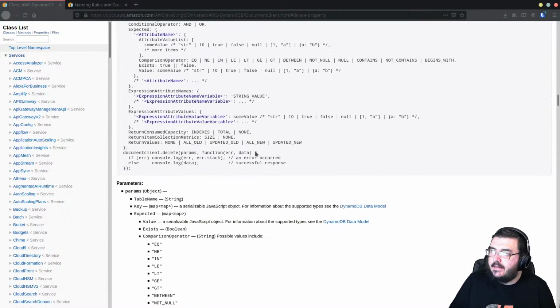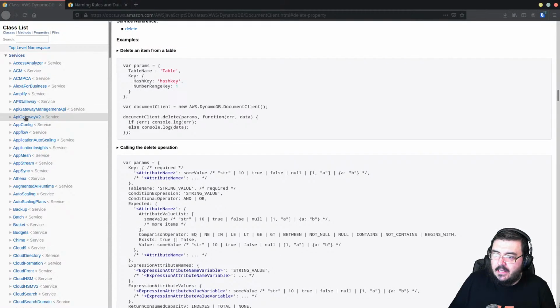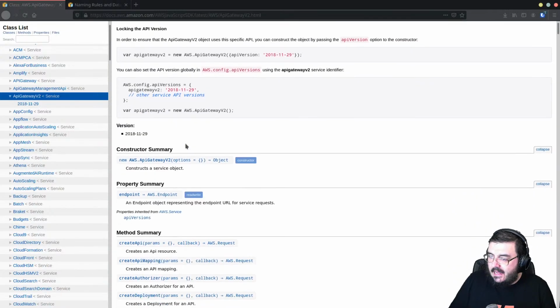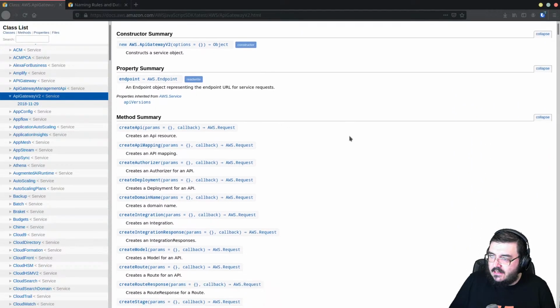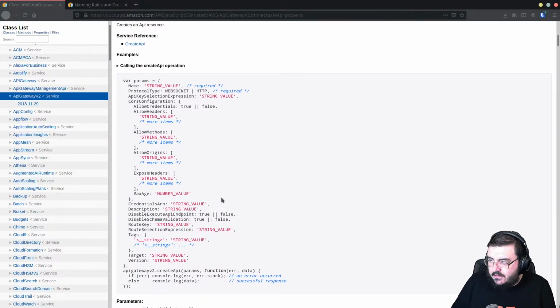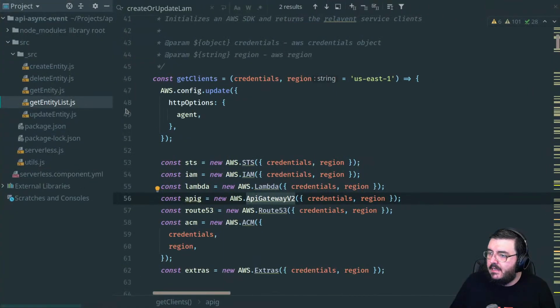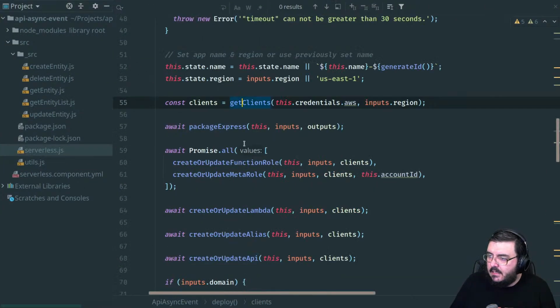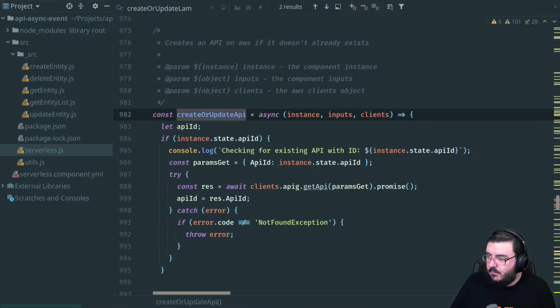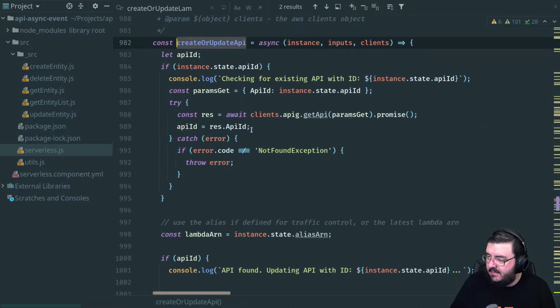I enjoy it. Right now we are looking at the API Gateway v2 SDK because that's where I put it. We want to see how we can use this, and really it just looks like create API. That's it. Interesting. Looking through some of these, because I noticed, one thing I need to take a look at again. We go back to looking at create or update API. We have there get API, so that retrieves our existing API.